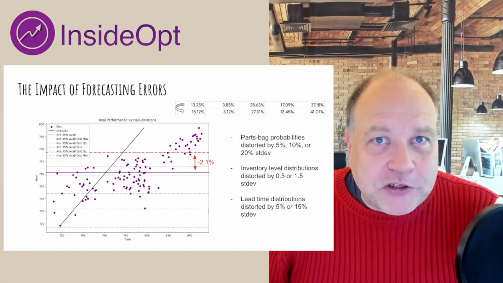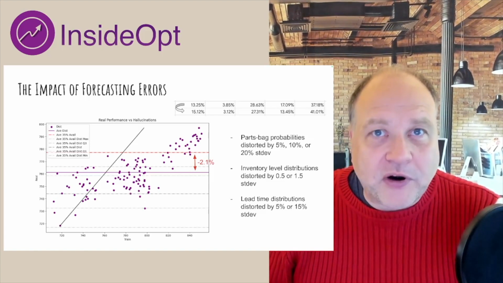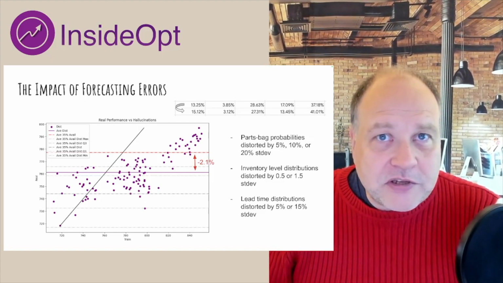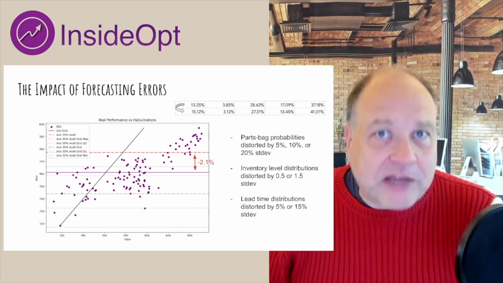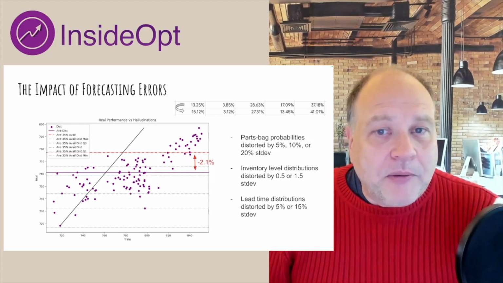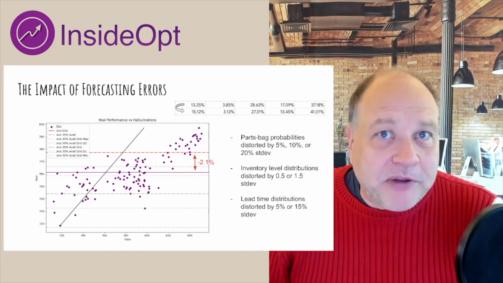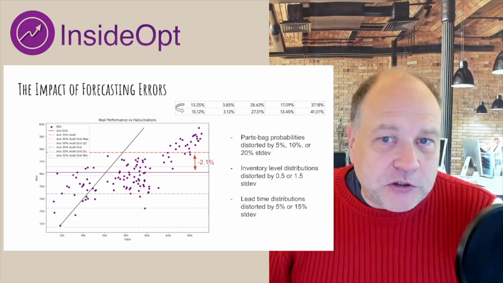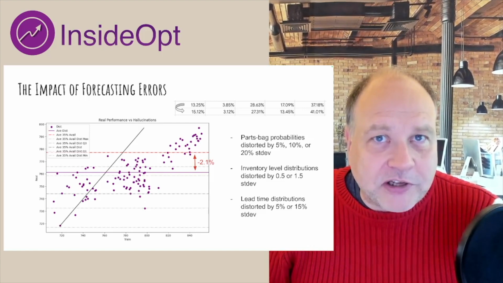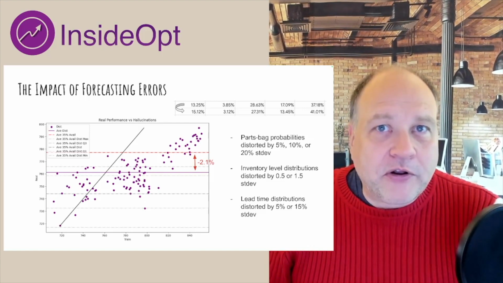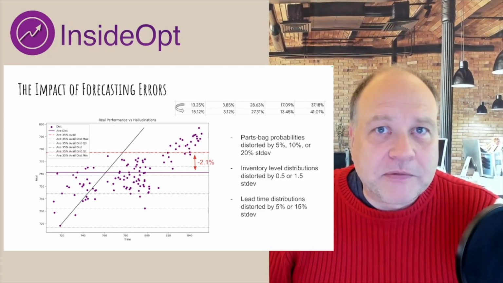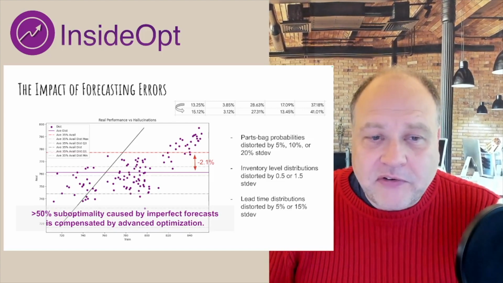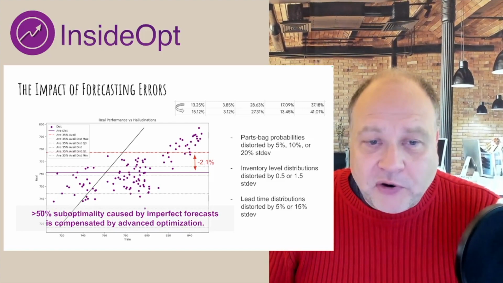Obviously, the best thing you can do is to have the true probabilistic forecast, get as close as you can to the true distributions, and then use Seeker on top of that. That overall is the best solution you can get, but barring the ability to provide those distributions perfectly, you can be assured that using a good stochastic optimization underneath will recover a lot of the losses that your digital twins are leaving. So in summary, what you're having here is that 50% suboptimality caused by the imperfect forecast is actually